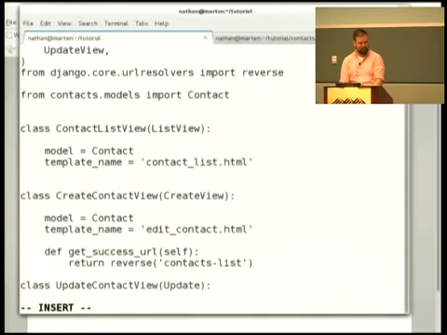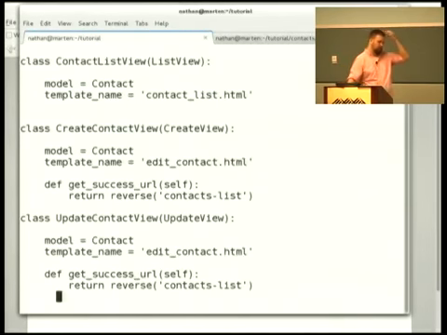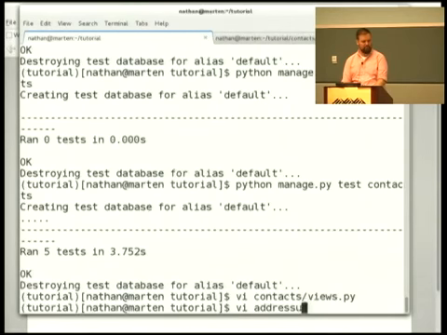Because I kind of want to have the same behavior, right? And that template that I'm using seems like a reasonable starting point. It has the fields I want on it. It does sort of what I want. So let's just, what happens if we just do this? Is this actually enough? So we're going to add the URL for this. We're going to go to address book